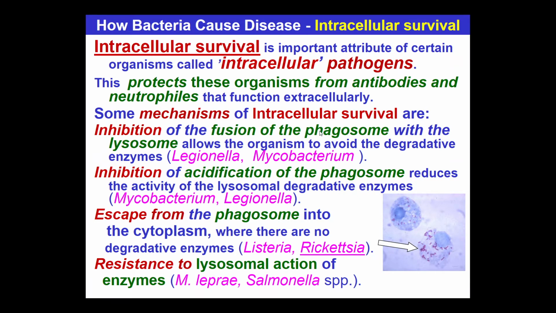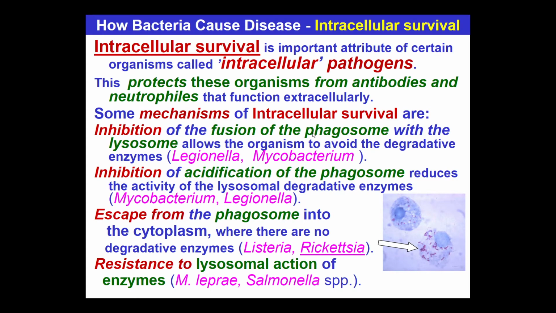This fusion is responsible for contact of the engulfed bacteria with bactericidal factors. So, one of the mechanisms of intracellular survival is inhibition of the fusion of the phagosome with